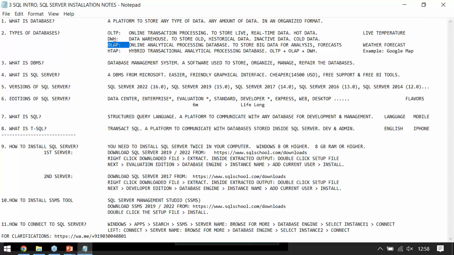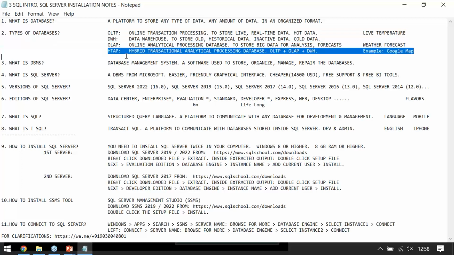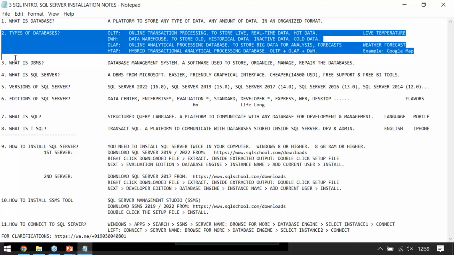A mix of OLTP, OLAP and warehouse together is equal to HTAP, Hybrid Transactional Analytical Processing Database. A mix. For example, a Google Map: we see live tracking, historical navigation path, like where we took a left turn, where we took a U-turn, something like this, and ETA, expected time of arrival, right? That is called HTAP. To work with these databases, in another 2 to 3 minutes, we'll start